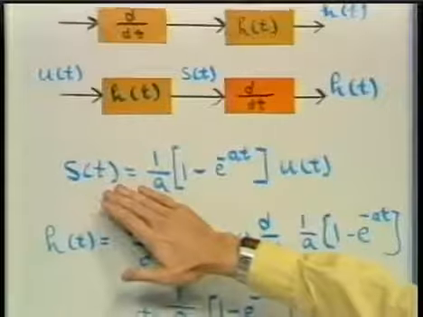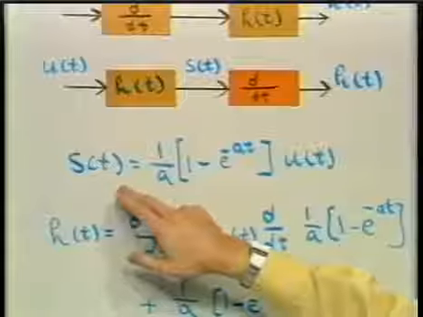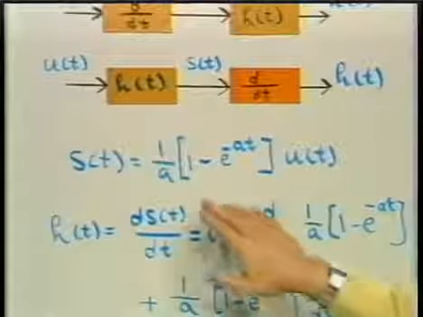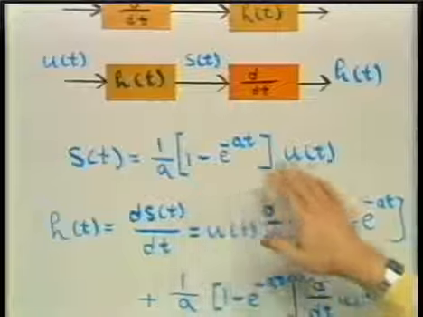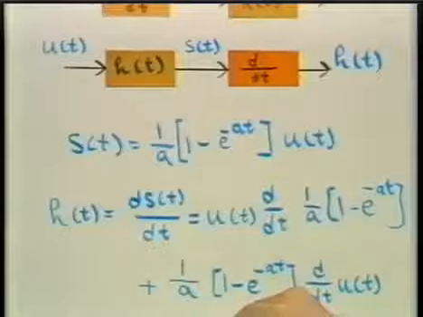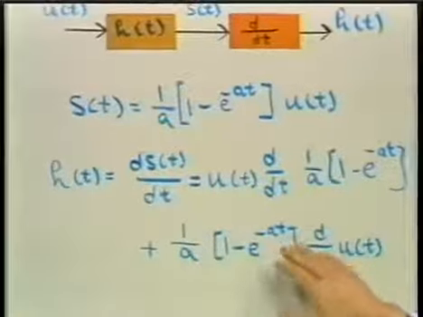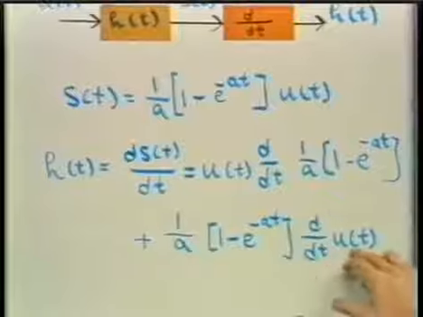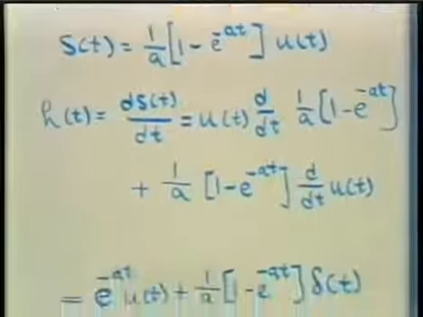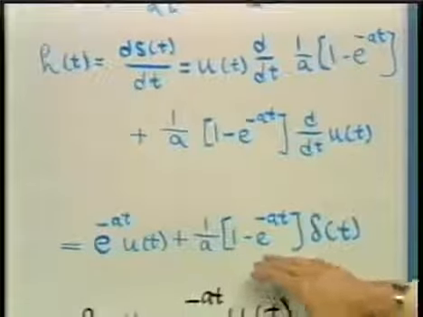Here again is the step response as we just worked it out, this time for a unit step. If we differentiate, we have then, since the step response is the product of two terms, the derivative of a product is the sum of the derivatives, and carrying that algebra through and using the fact that the derivative of the step is an impulse, finally we come down to this statement for the impulse response,